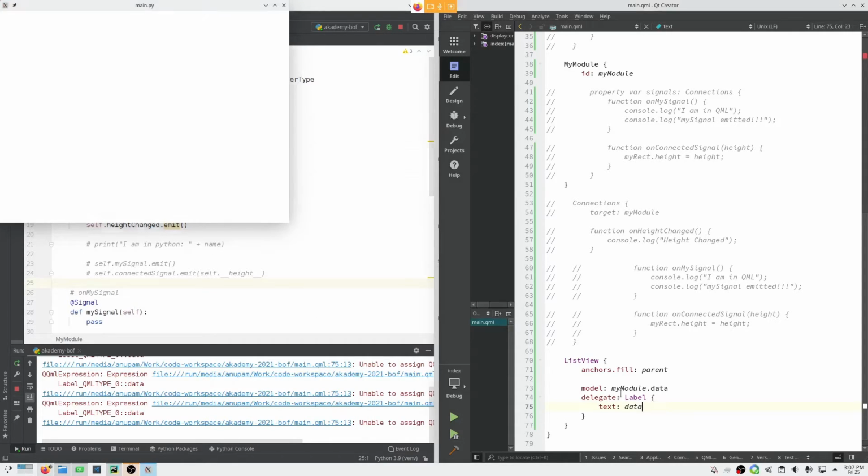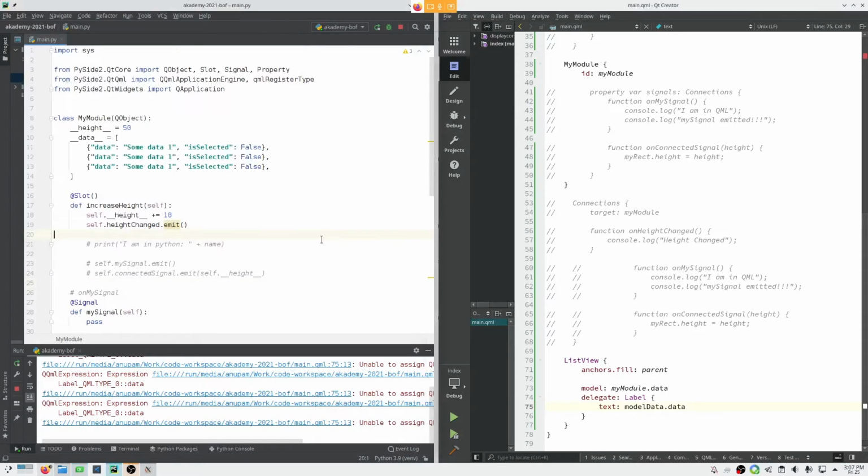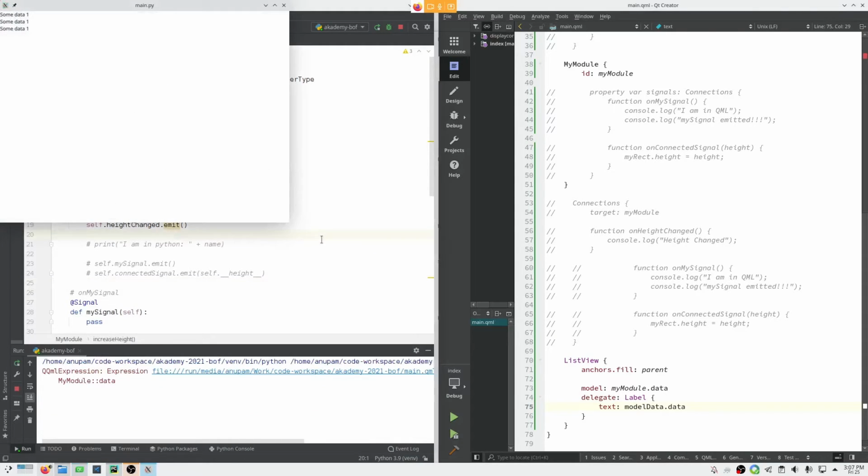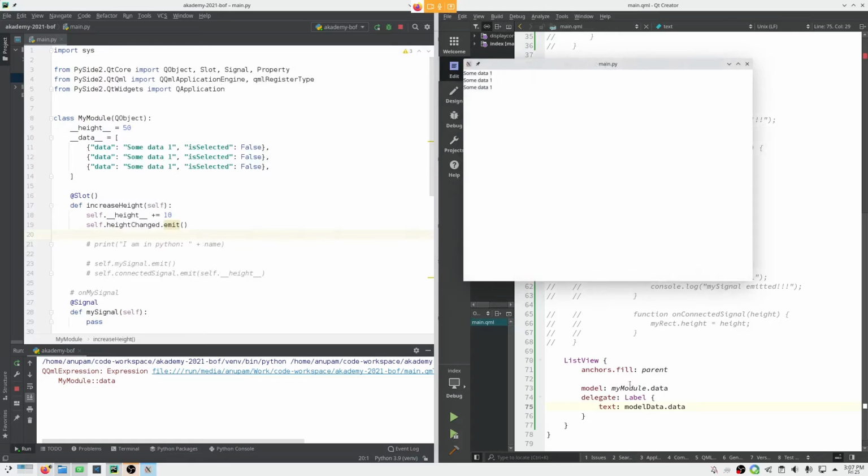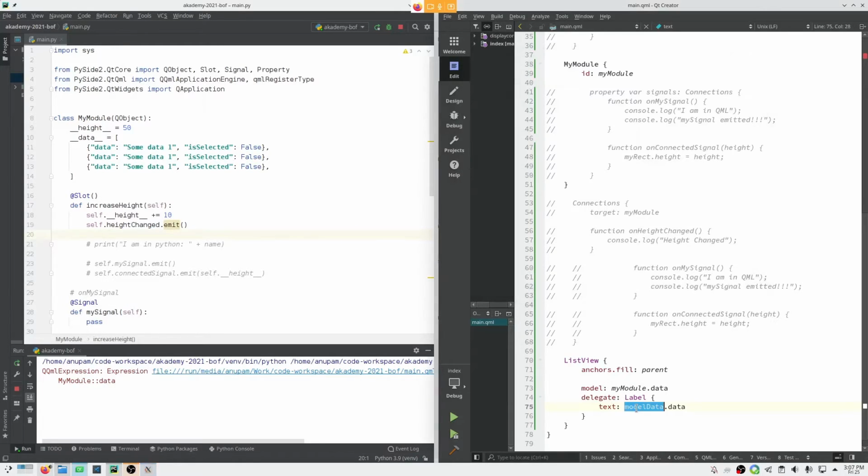What am I doing now? My bad. Each module data is being exposed by list view to the delegates under the property name model data.